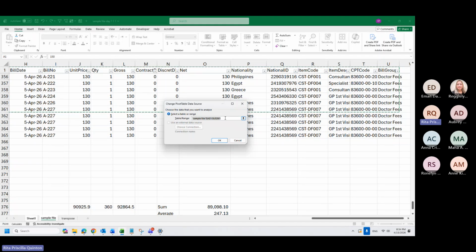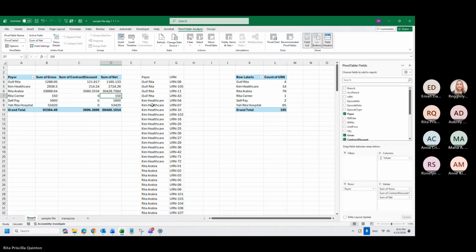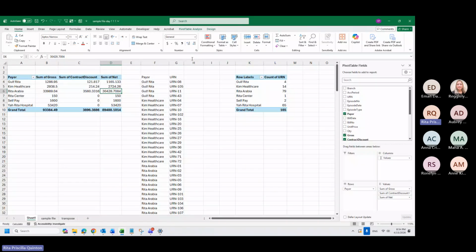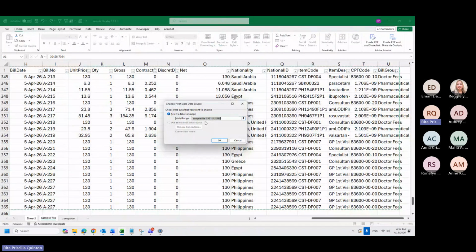So you always have to check your pivot table. Is it capturing the correct data? Maybe it's not complete. You can easily just click here and then backspace, change it to 365. Okay. Or you can, again, if it's highlighted, like what I did a while ago, pivot table, change data source.